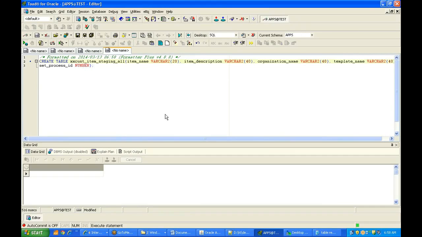The SQL loader program will be just transferring the data from the data file to your temporary item staging. So once you run your control program, you will see the data in the staging table. Once it is in the staging table, then we can write a PL SQL program and